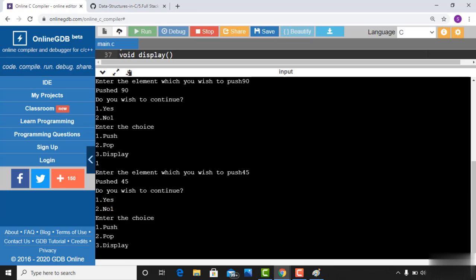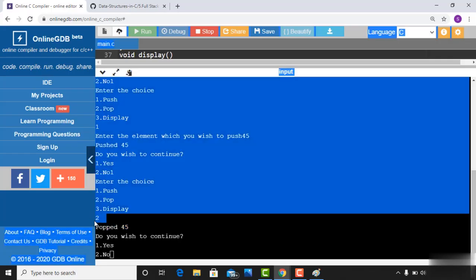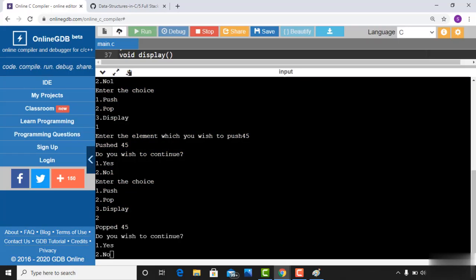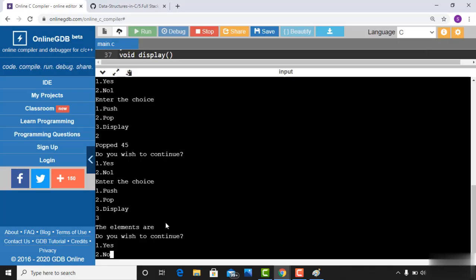Enter the choice. I am popping one element. All right, so popped 45. You can see the moment I pressed the pop choice, it is popping the top element, that is 45. I pushed 45 as the last element, so it is popping 45 first. Then I'll say yes. I'll just display the stack for you. I'll press 3. The elements are